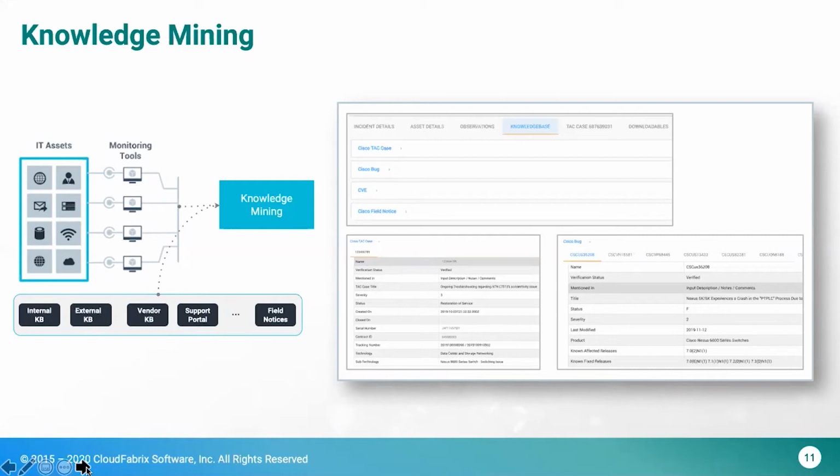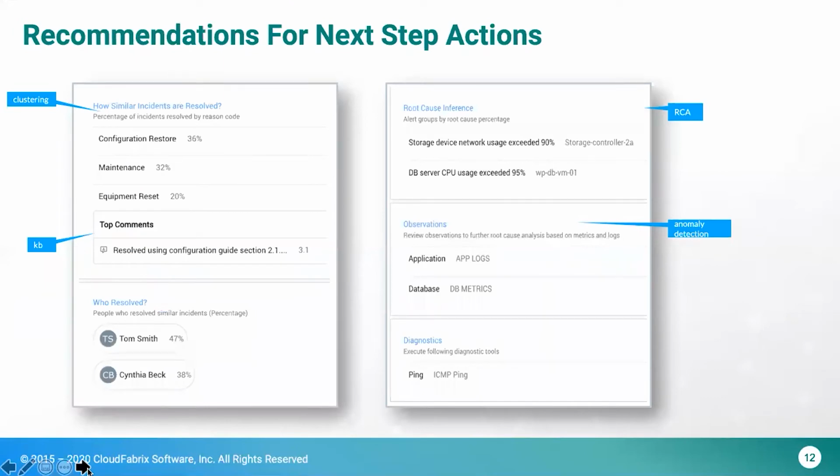And also being able to tell from a similar incident what was the resolution, or if there are any notes from the previous handling of a similar incident. It should be able to pull that and present it automatically. Again, this is very important for a complex incident where it could be involving multiple people. Having that kind of information can help accelerate the incident resolution. And then another key attribute or capability that AIOps solutions provide is, after providing all this data and then doing the root cause inference, you need to be able to give some suggestions.